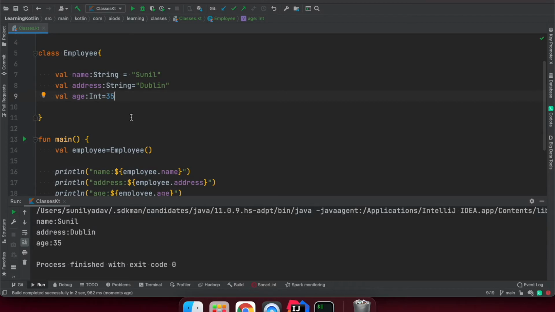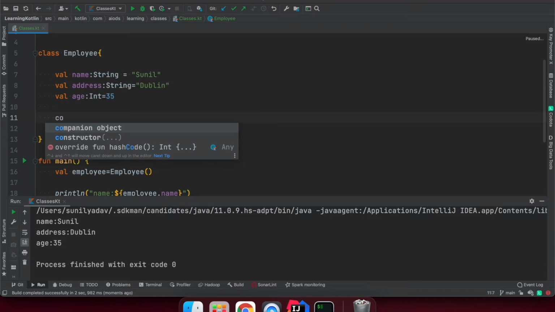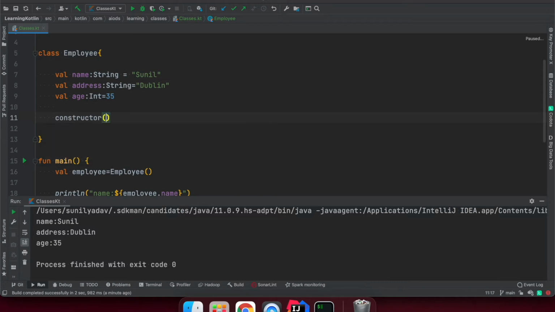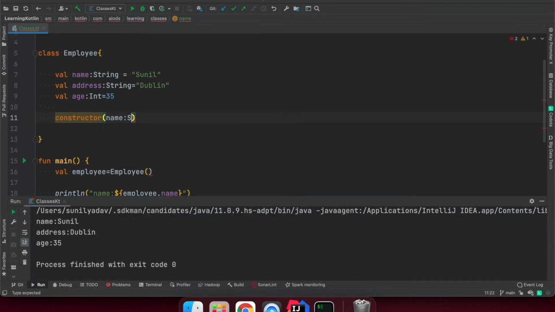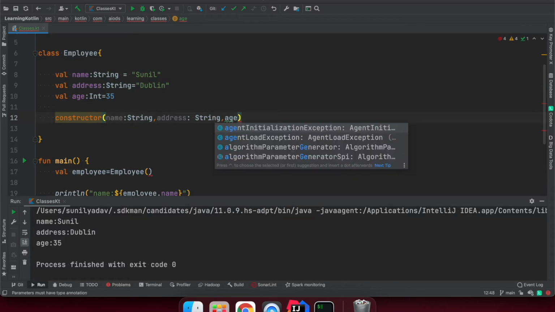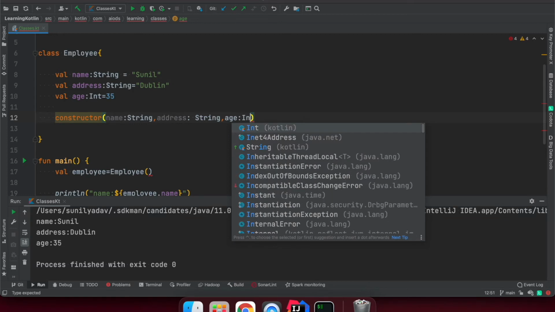So in Kotlin, the first choice we can do is through the constructor, right? So we have constructors. In this we can pass name: String, right? The same way we have declared above. We can say address: String, comma, age: Int, alright.